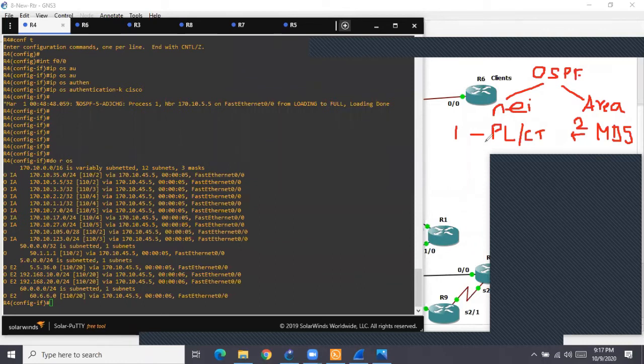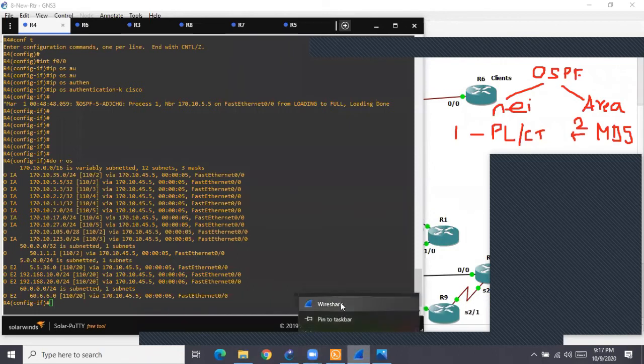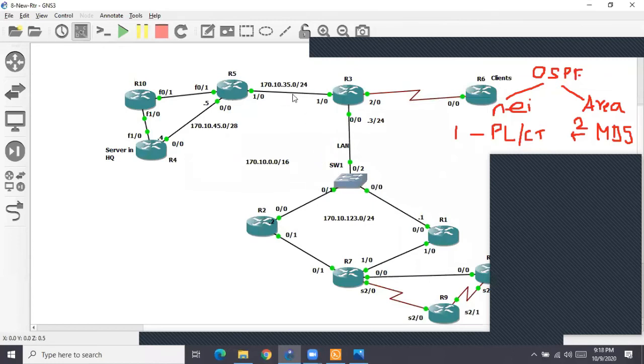Let me show you the sniffer. Let me first disable the sniffer, and let us go between R5 and R3 and enable the sniffer here.